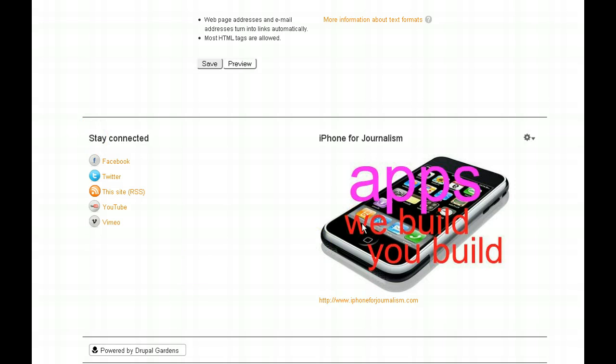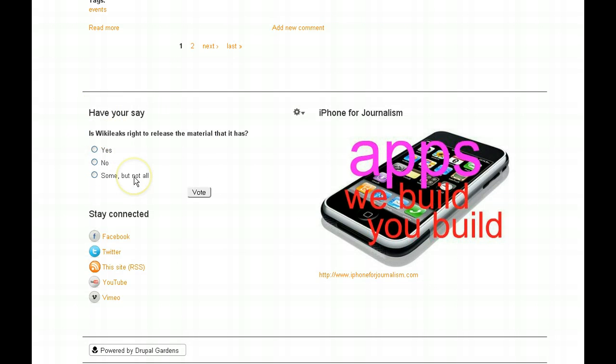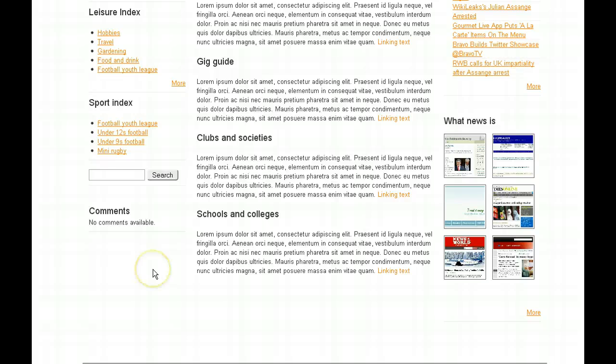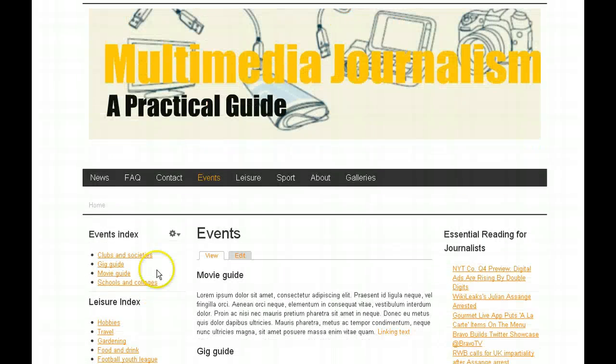And I can also build in other units. This is a link to a partner site. I've also been able to build a poll in here, and there's all sorts of other functionality that I can add in if I would like to. Now this site is not finished. There's a great deal more I could do. There's a lot more building that I could do with it, but it does demonstrate the simple principles of this system